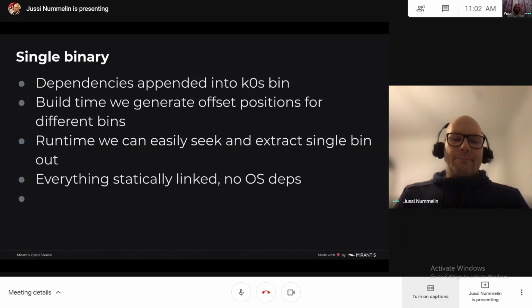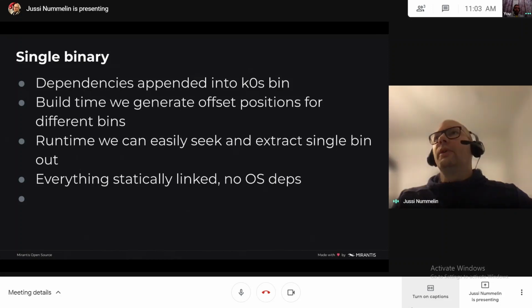And for those of you who've been working with Golang, there are a lot of different solutions for how to embed some content into your binaries, whether that's other binaries like in our use case, or static websites or anything. But most of the existing solutions had a problem: the data is embedded as Golang variables, and what it means is that they are loaded into memory.